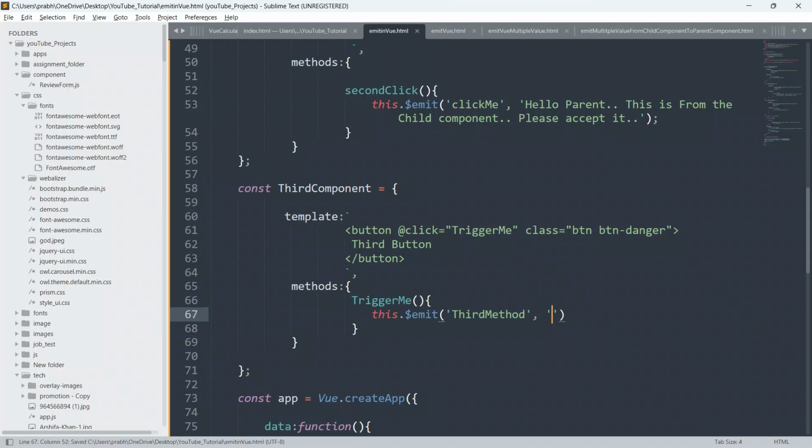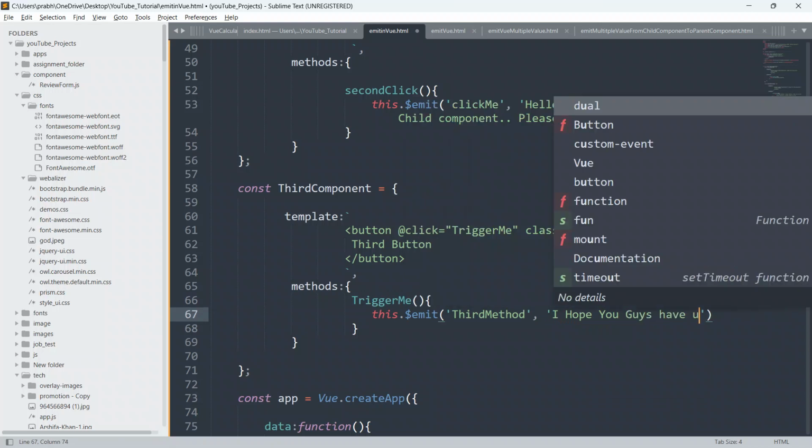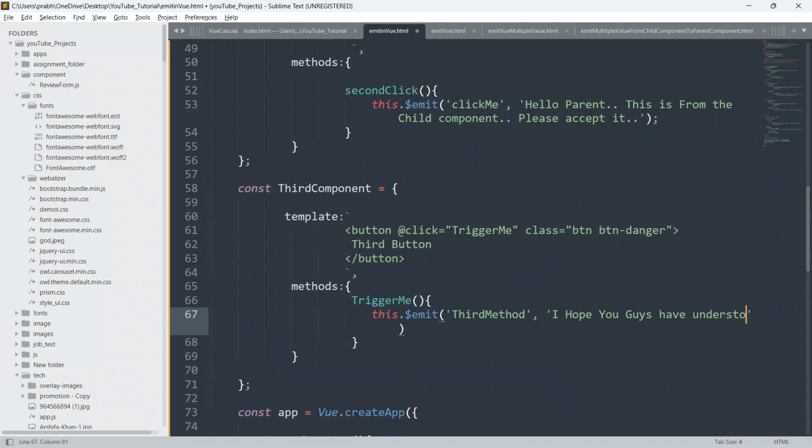So I hope you guys have understood what is an emit method.